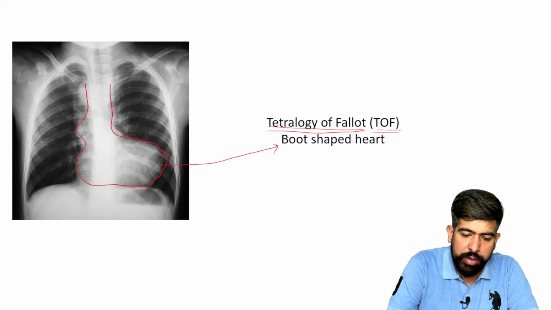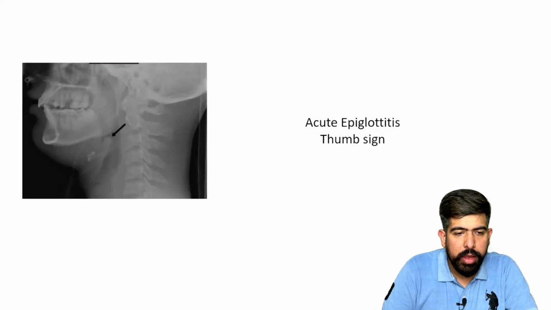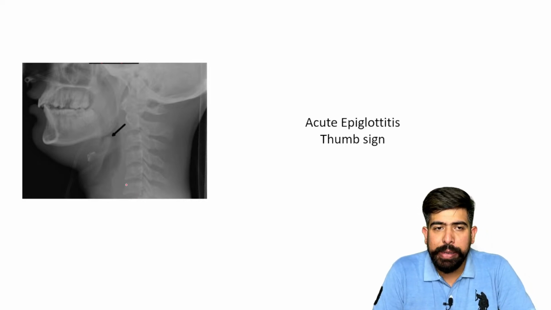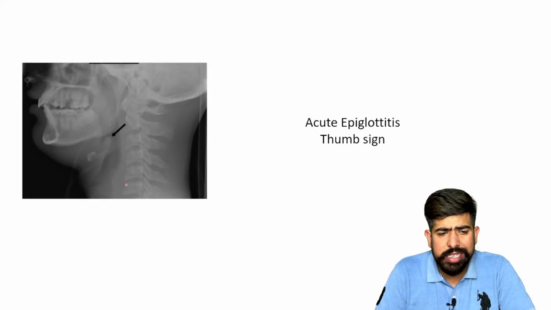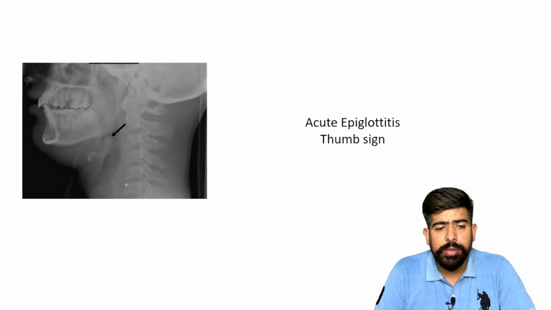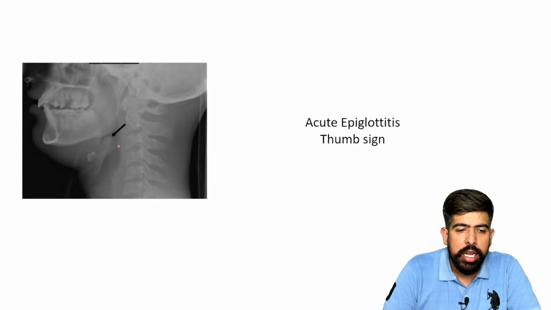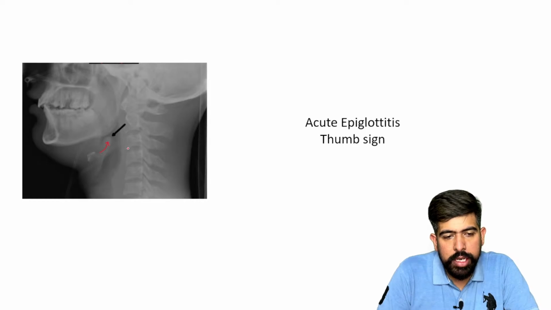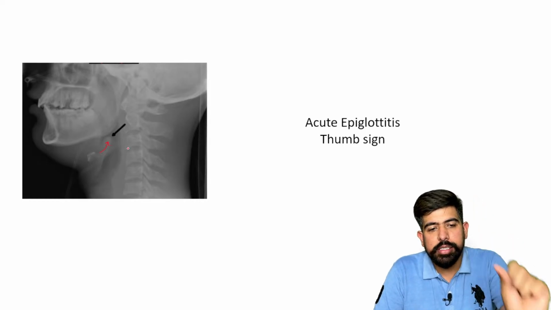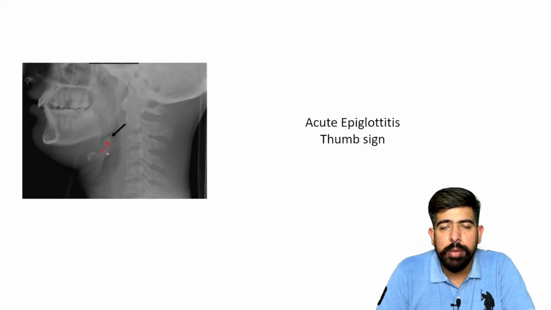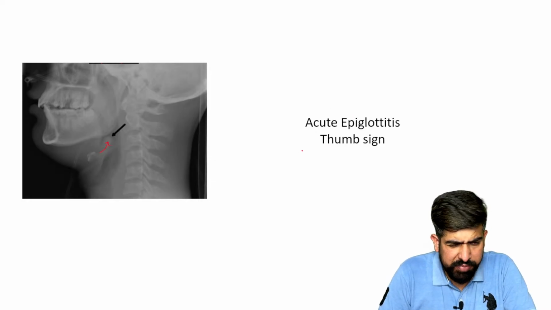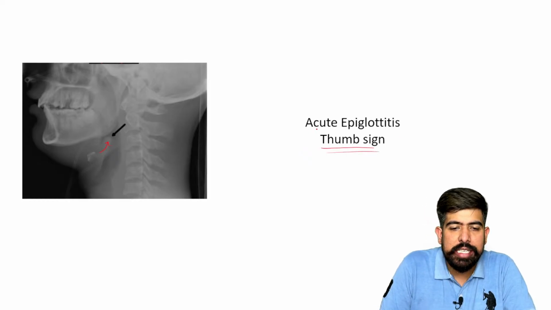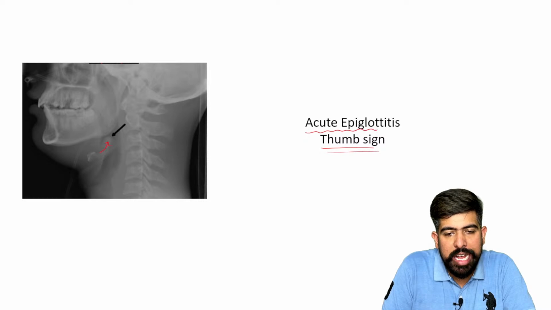Now, moving forward, this is a picture of a patient, and this classical picture comes from the ENT subject. And what is this? This is known as the thumb sign. It feels like there is a thumb in the scene, on the image near the jaw, and this thumb sign is classically seen in acute epiglottitis.